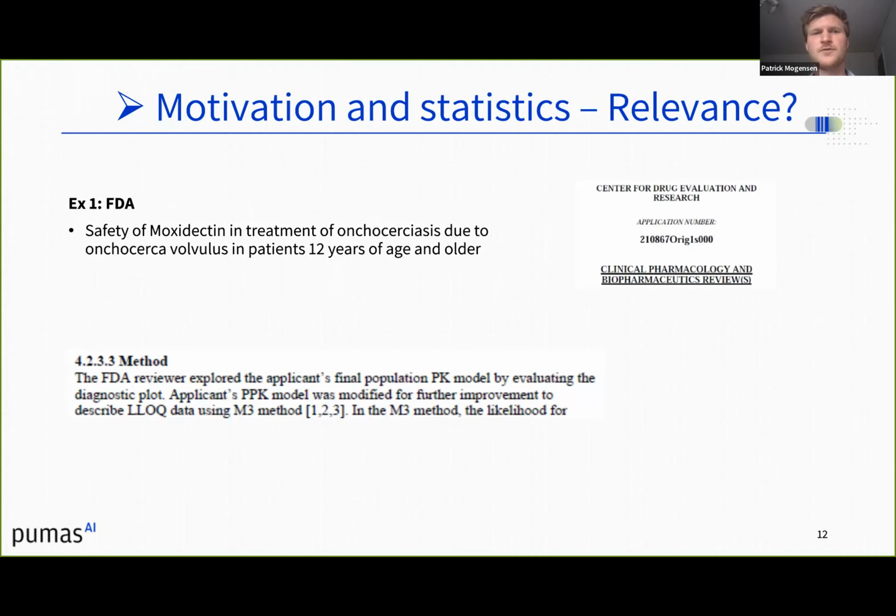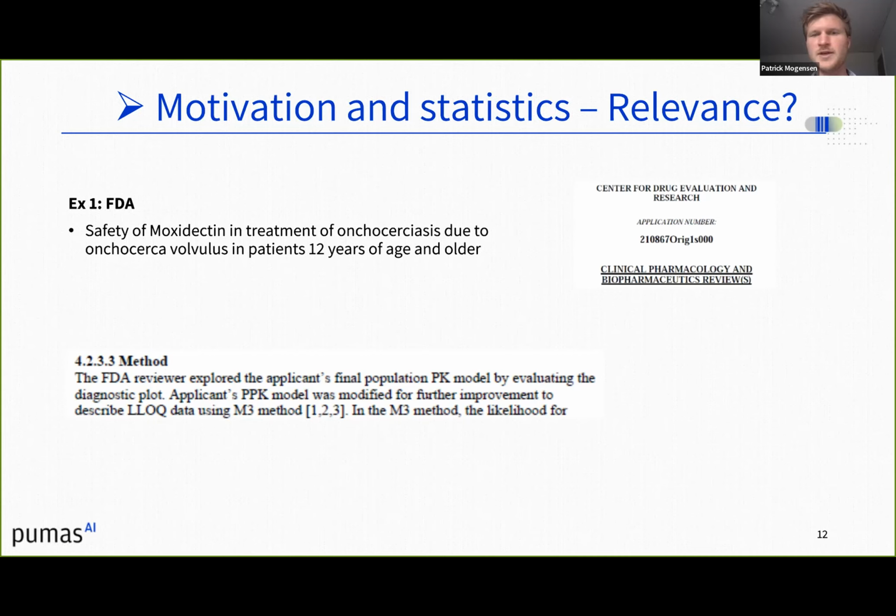One example of a study that related to the safety of moxidectin is in onchocerciasis. It's a specific kind of nematode that you can find in a lot of developing countries, and it is actually one of the largest causes of blindness in the world. So of course this is a very important thing to study. And as you can see in the actual